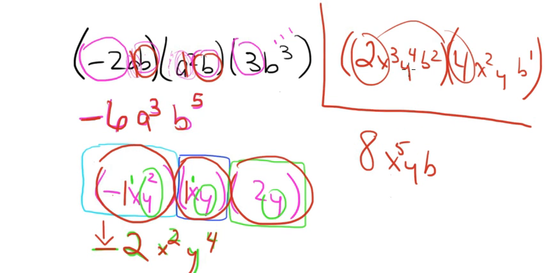How many y's do I have? There's 4, there's 1, I have 5 y's. How many b's do I have? There's 2, and there's 1, so I have 3. I multiply the numbers, and I count up the exponents and the variables. I add them up. Multiply the constants, add up the variables. Okay? Catherine? You want the number in front.